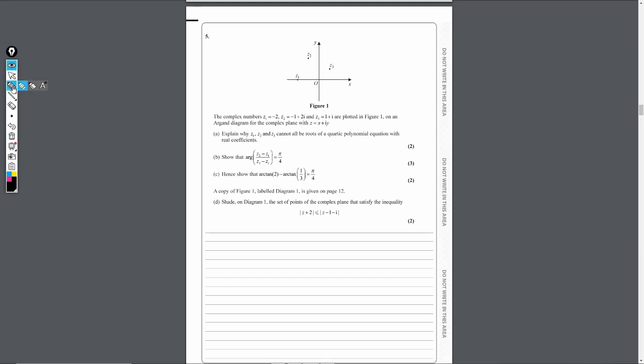So part A gives us a bit of information. We're given a few complex numbers here, Z1, Z2 and Z3. And these are plotted in this Argand diagram above. And part A just asks us to explain why Z1, Z2 and Z3 can all be the roots of a quartic polynomial equation with real coefficients. Okay, so 2 marks for this. So for part A,